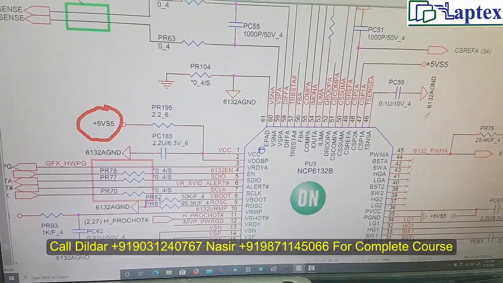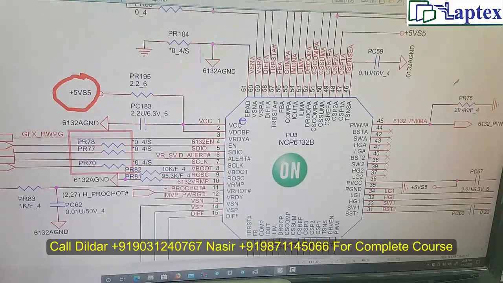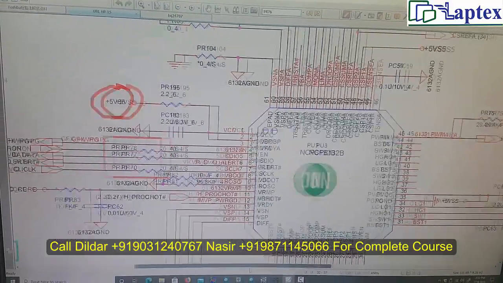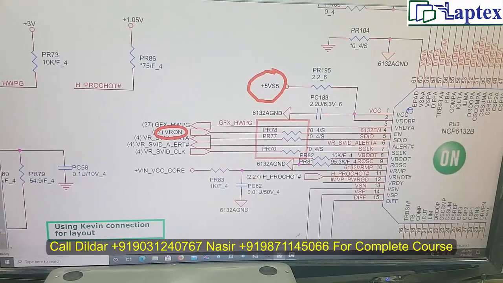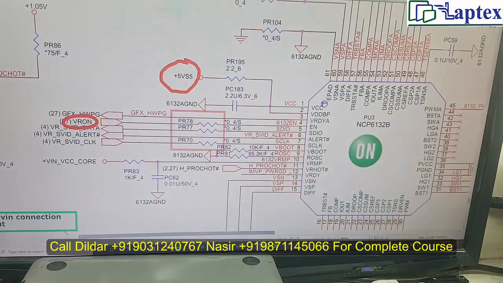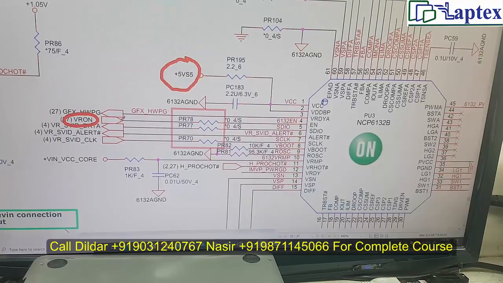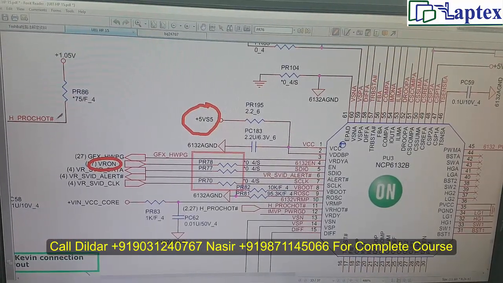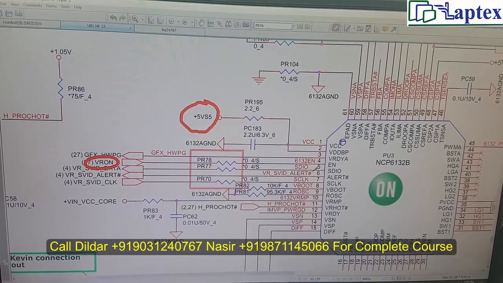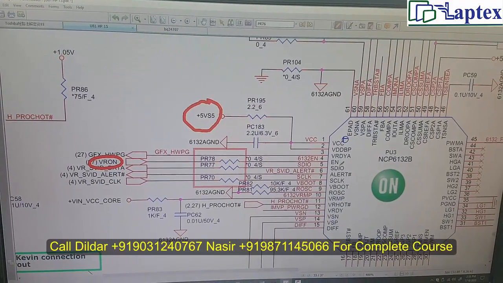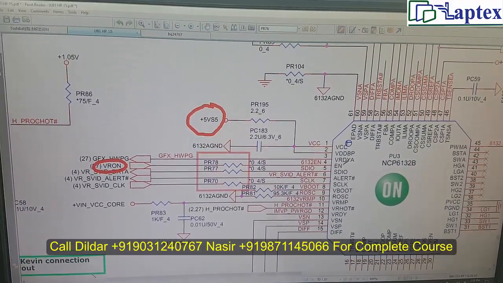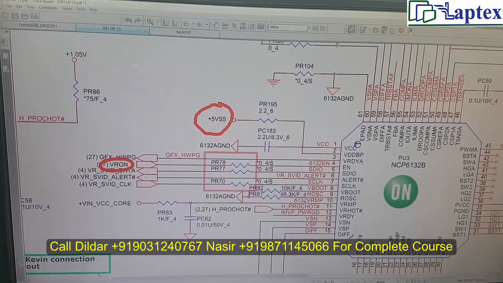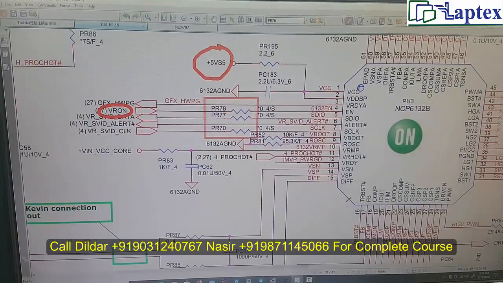So maybe the different architecture could use different types of logic, and then after that you have to check the VR enable. Let me tell you one thing: in different architectures, it has different types of roles. Sometimes this particular voltage, this particular signal, will come out from the SIO chip, and in the latest technology it is coming out from the SOC structure. So it will come from the CPU itself in the latest motherboards, 4th and 5th generation.